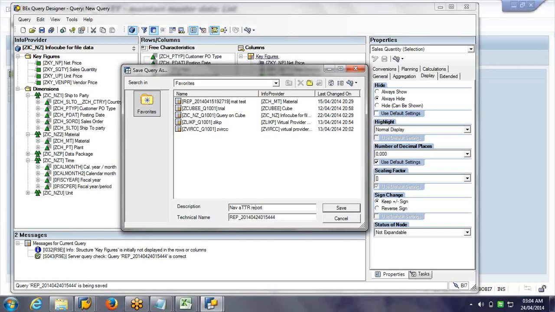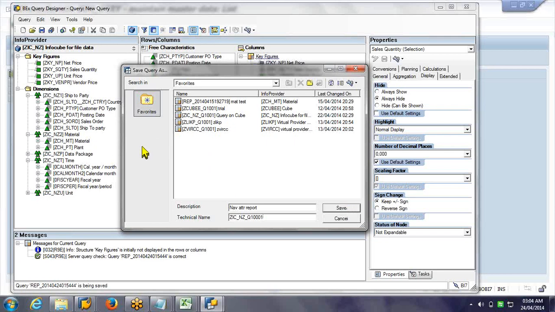I'm just defining like this. And the naming convention will be info cube underscore Q and three zeros 1. For the first one it is 1, for the second one it will be 2, like that. And now you are saving them under your favorites.